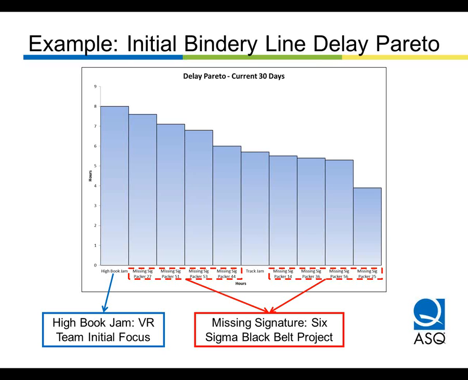8 of the remaining 9 delays were what's called missing signatures, and this was viewed as a more systemic issue that was perhaps beyond the capability and the tool set that the team had, and it was assigned to a black belt as a project. A signature is actually